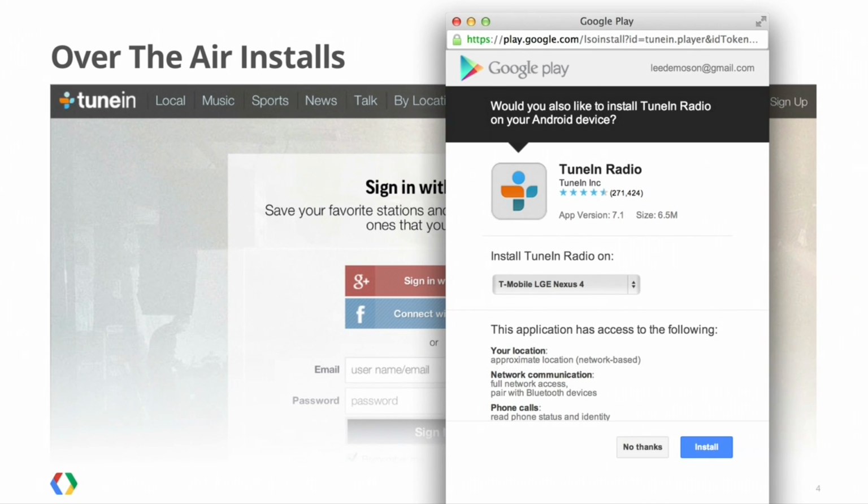So seamlessly, as part of the sign-in flow, when I come to their site for the very first time, I can see, they'll show me a dialog, or Google will show me a dialog box which looks just like this. But only if I have a compatible Android device, and only if I don't already have TuneIn installed. And importantly, if I